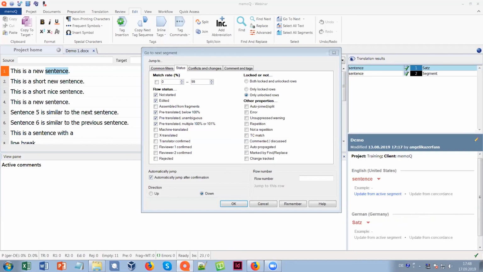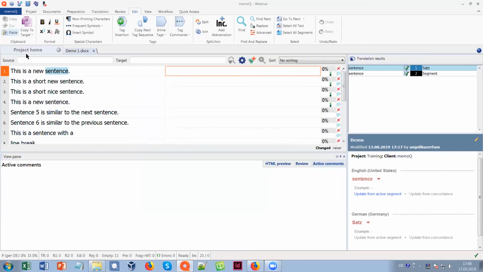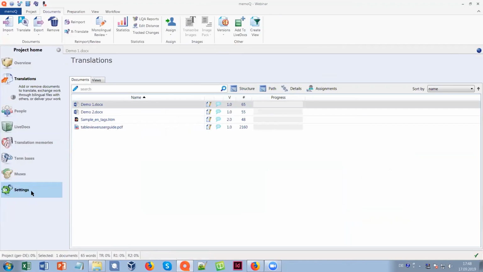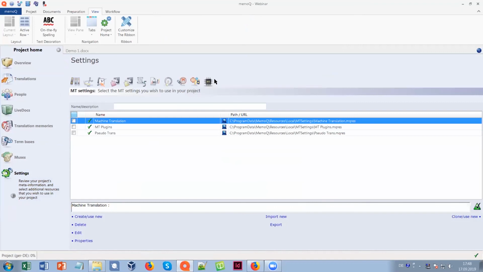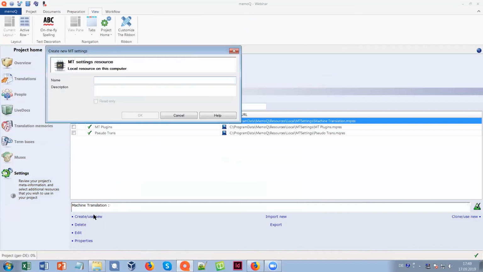Can you show us how to use machine translation? Very quickly. You need to set it up in the projects, in the settings. There's the machine translation icon. You can create a new list, give it a name,